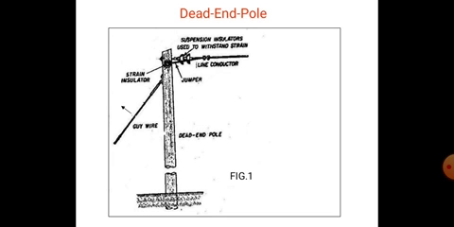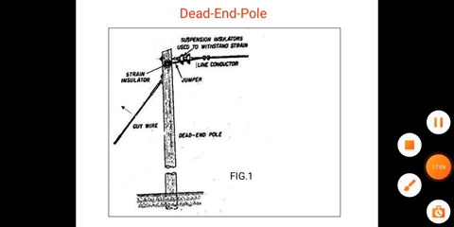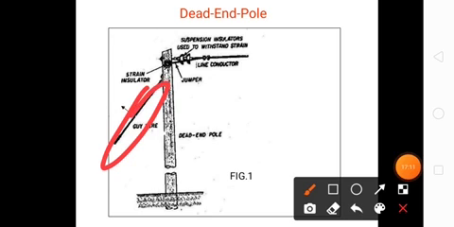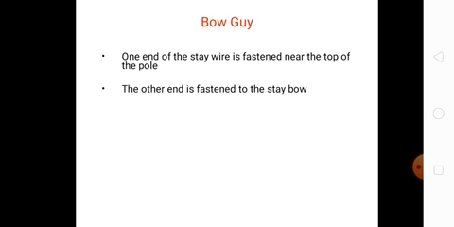Dead end pole, yeah, dead end pole is here. It is the dead end pole. For this pole there is no support, so we are using pole stay or pole guy for supporting the pole. Right? So suspension insulators are used to withstand strain, and that is line conductor, jumper, dead end pole, guy wire, strain insulator. Here it is. This is the pole stay or pole guy. Bow guy. Right. These are the different types of guys we are using here.